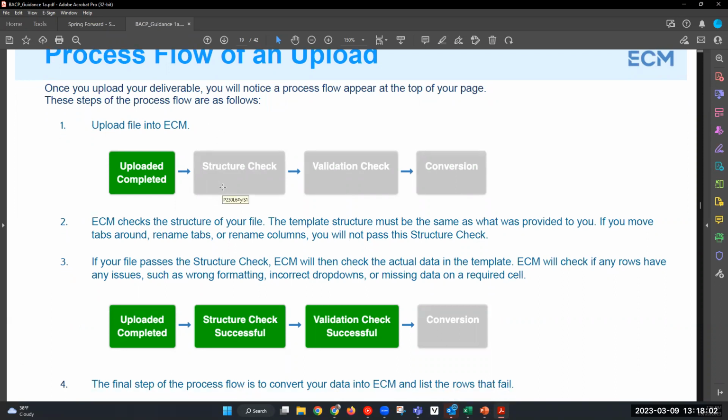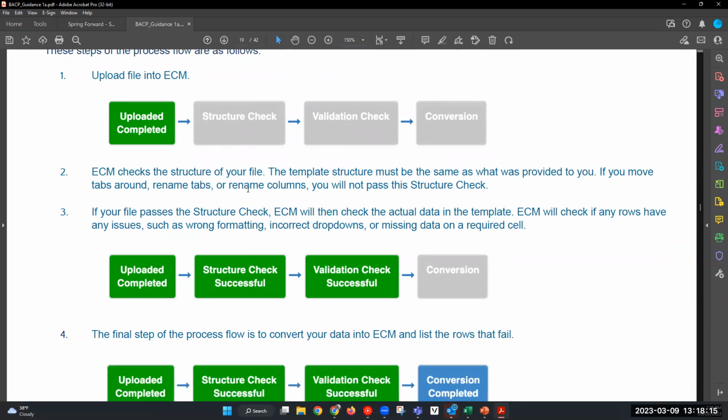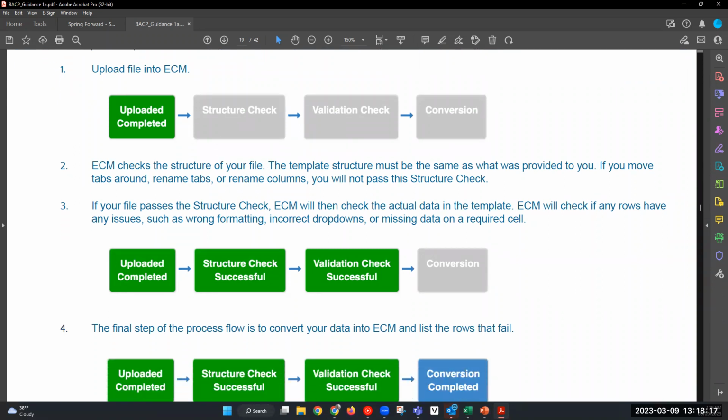And also part of the structure check is that we're checking the naming convention of your file. The naming convention of your file needs to go through, it has to be your OR code, and we can go through OR codes during the latter portion of this. And then underscore your contract. So for example, is it place-based journalist? Is it innovation centers? Innovation specialist? Is it so on and so forth? And then underscore the date. This would be the date you're uploading. So if you don't actually go through that naming convention, it's not going to pass the structure check either.